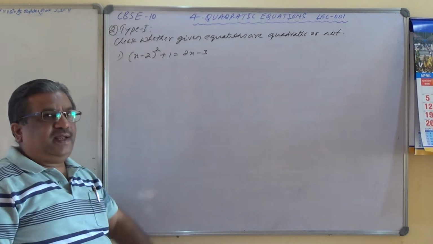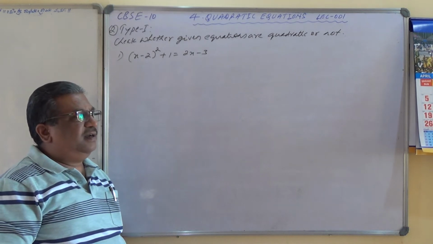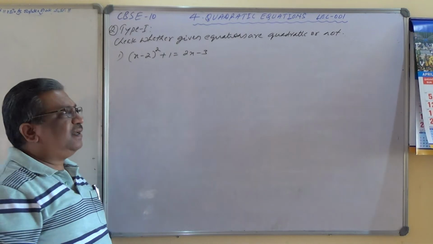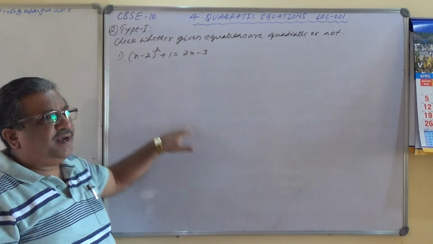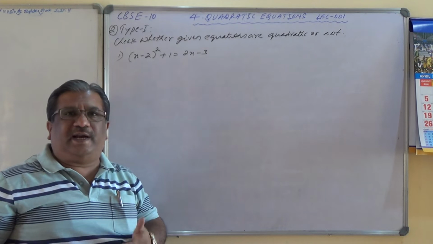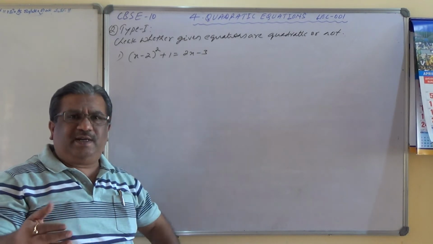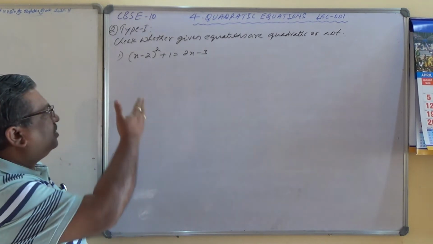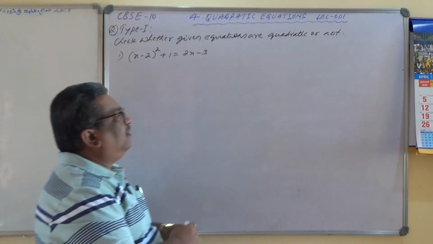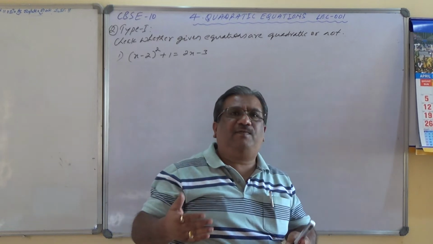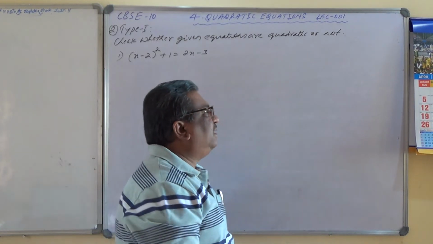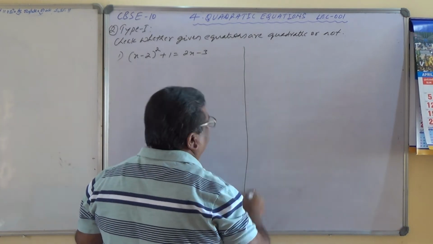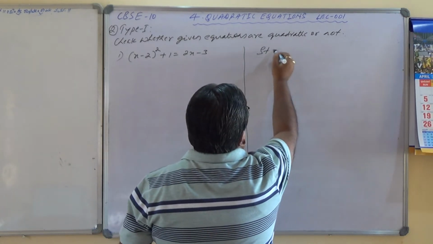Unless we simplify, expand and equate it to 0, it is not possible to check. How do you check it basically? I would like to simplify this and bring it to the standard form. I think I did not talk about the standard form in the previous lecture. Before I solve this, please note it down. What is the standard form or the general form of a quadratic equation? I think I forgot in the introduction. Let me discuss that first here. In this part I will discuss what is the standard form.